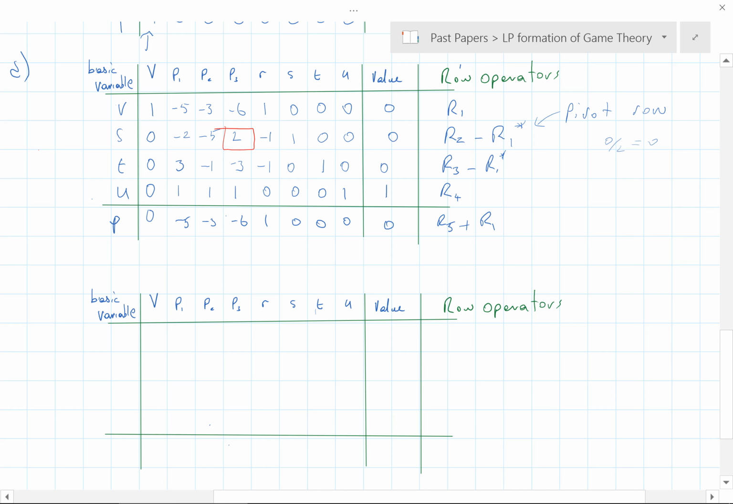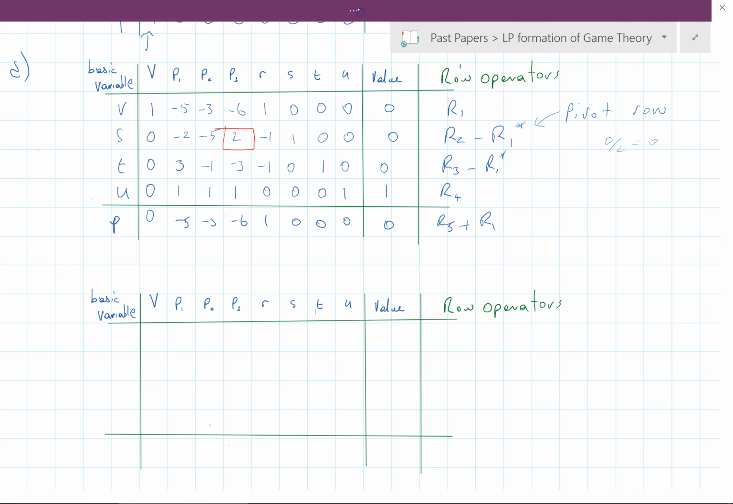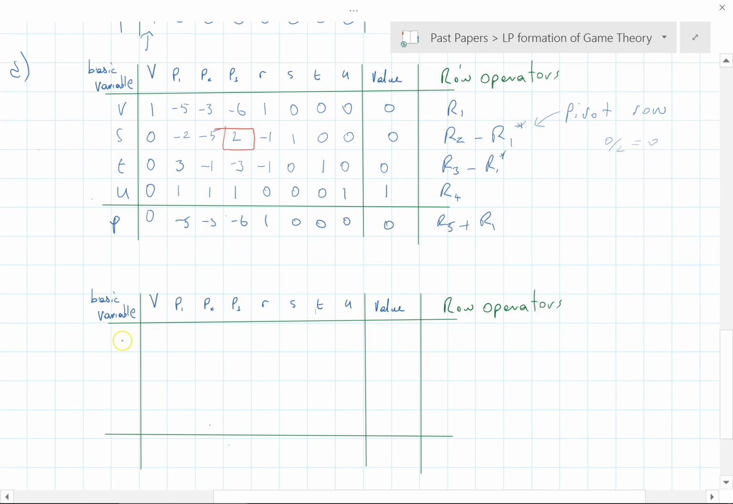So let's deal with the pivots first under basic variables. Right, so the basic variables, V. Now this time, S is gone because that's in our pivot column. Our pivot column is P3, so S gets replaced with P3, T and U. And then